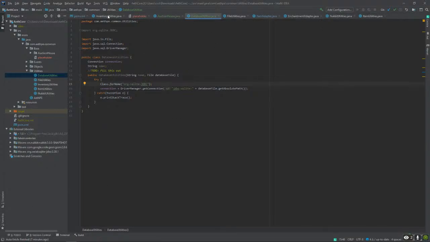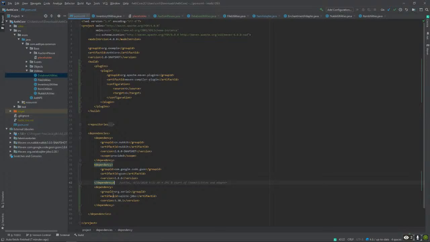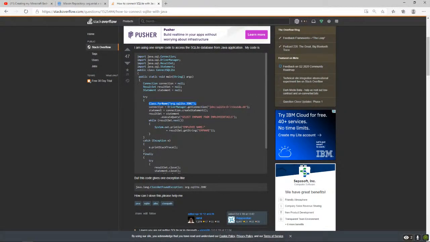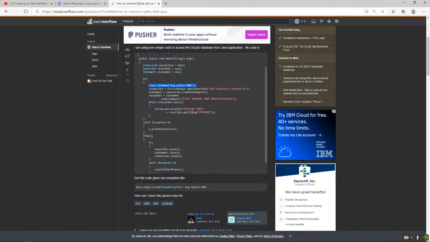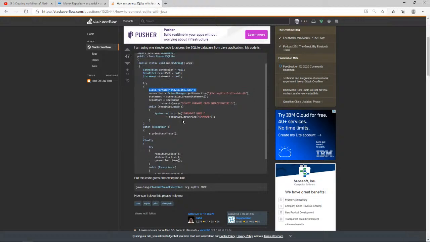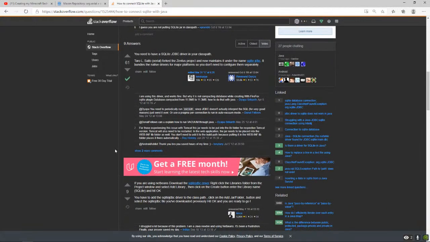I believe if I go back to my POM, com.sqlite, do I even have that? Org.sqlite. Because I've had some issues with this in the past. Okay.